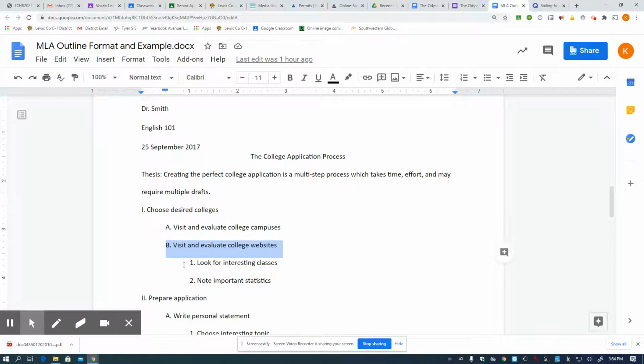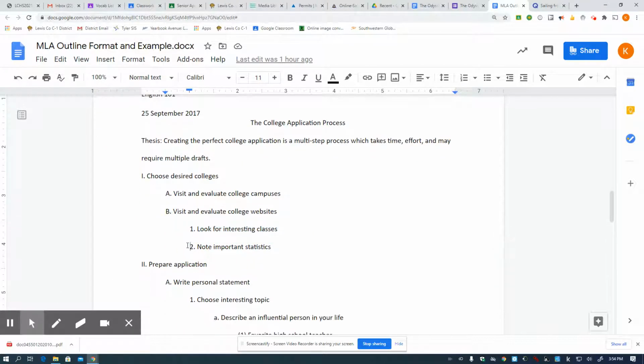Now, this B here can be broken down into 2 more. Again, I want you to notice we have an A, so then we must have a B. We have a 1 underneath B, so we have to have a 2. Okay? So when we are visiting and evaluating our college websites, we should 1, look at their classes, and 2, look for important statistics, possibly